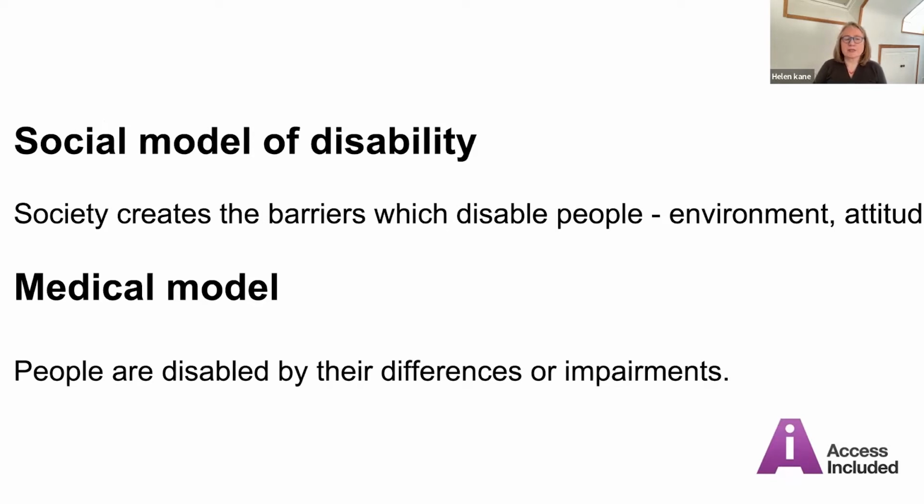So here we are, the social model declares that society creates the barriers which disable people. They're in the environment, and the medical model assumes that people are disabled by their differences or impairments. They're not, it's the environment that does them. So today I will try and keep out of the medical model, but I must say that I will talk about lived experience, my own lived experience, and that will of course go into talking about the way my brain works and certain things happen. And then I'll skip out of that once I've talked to you about it